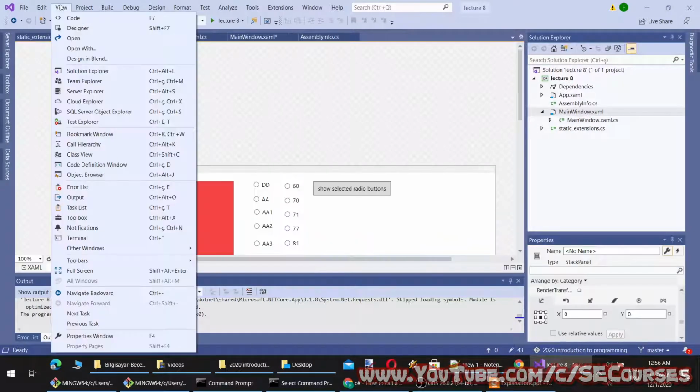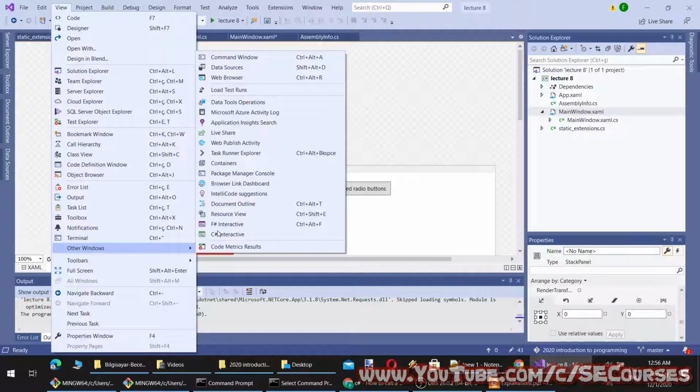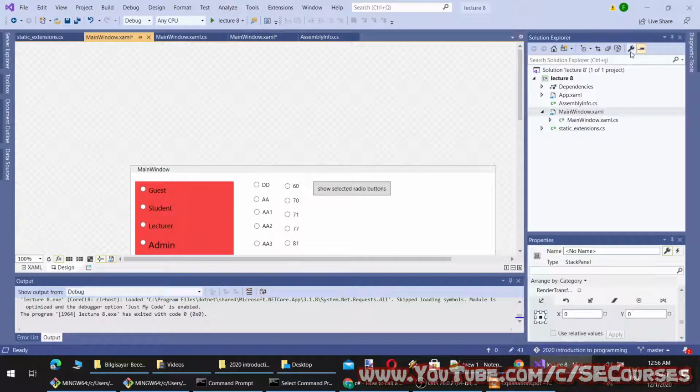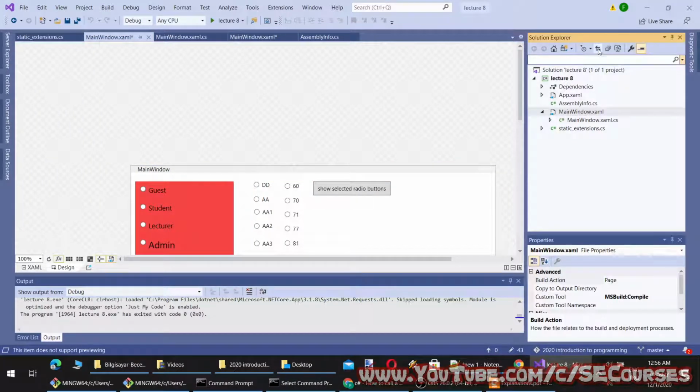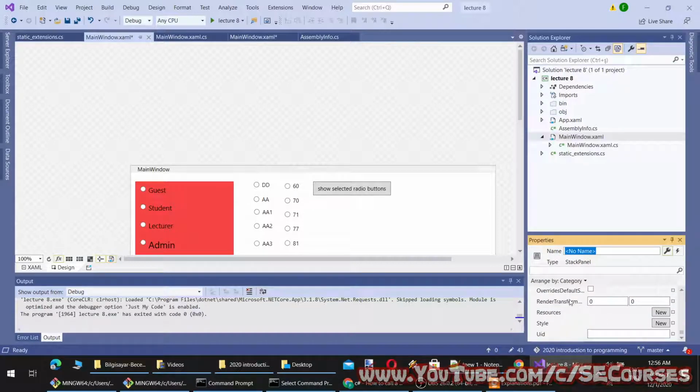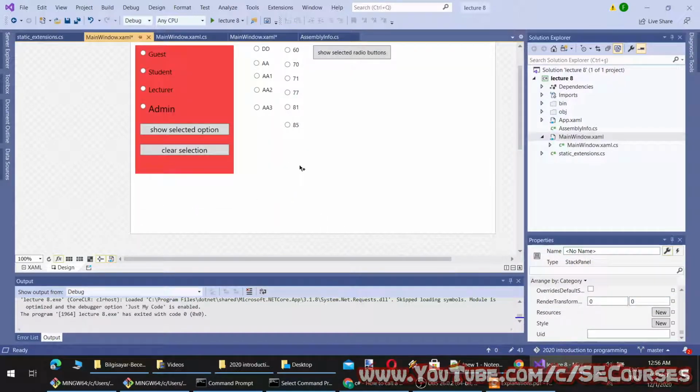Containers? No. Not this one either. It must be somewhere here, but I can't find it. I should be able to pick the object I want.